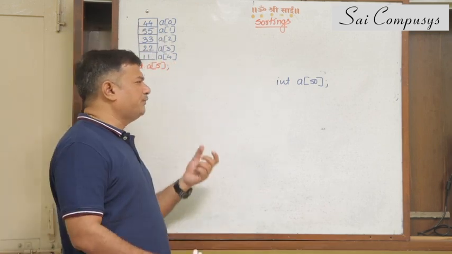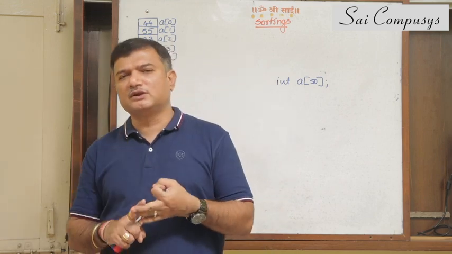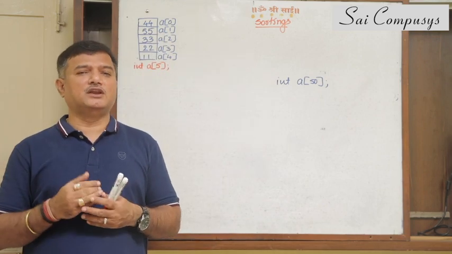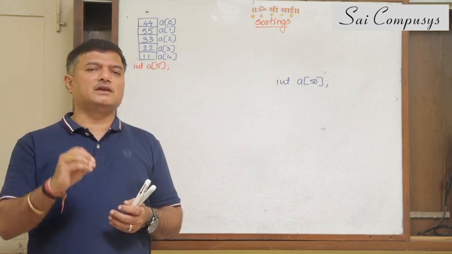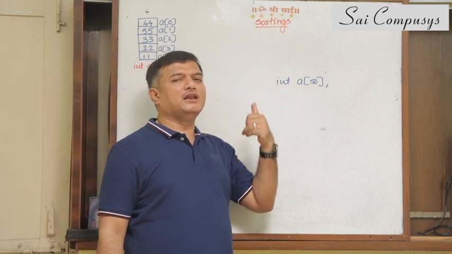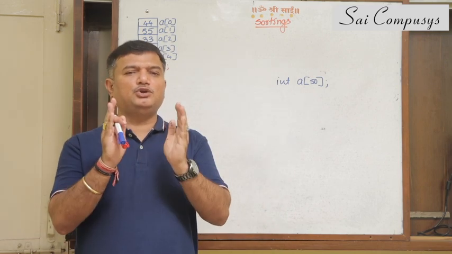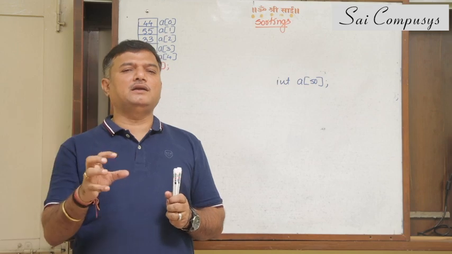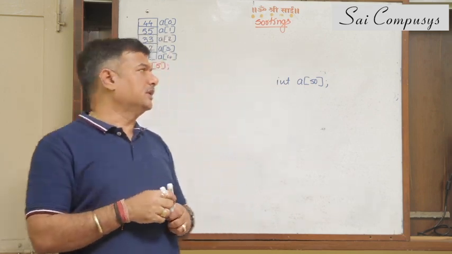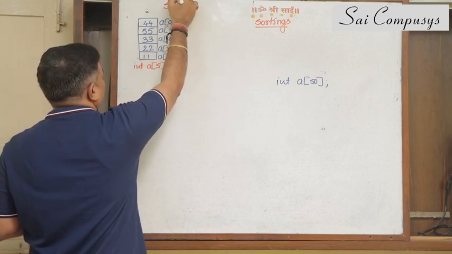Now to do this, there are various techniques. There is selection sort, there is bubble sort, there is quick sort, there is radix sort, there is insertion sort. There are various techniques available. If you apply this technique on any array of any data type, of any dimension, your elements will be automatically arranged in this sorted order. You just need to remember the technique, and that technique can be implemented on any sort of array. So today what I will be doing is, I'll start by explaining you people the selection sort technique.